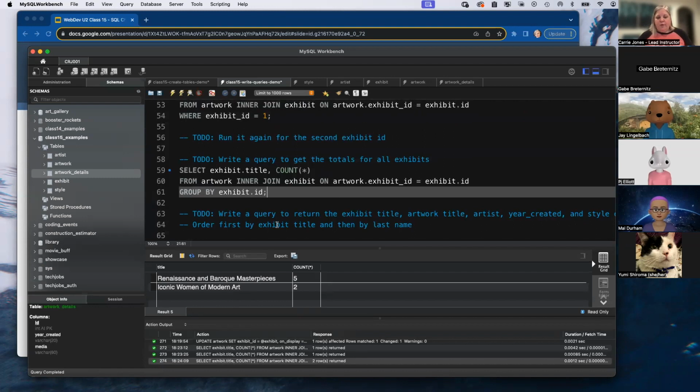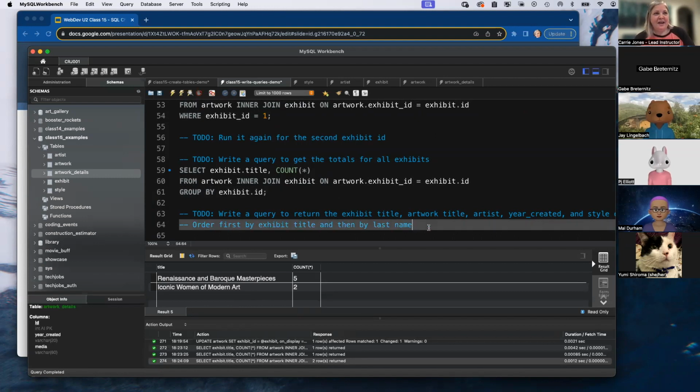All right, we are going to do one more query that's a big one that joins together a lot of the things we've talked about tonight. And I just realized I made a pun. It joins together. Okay, so